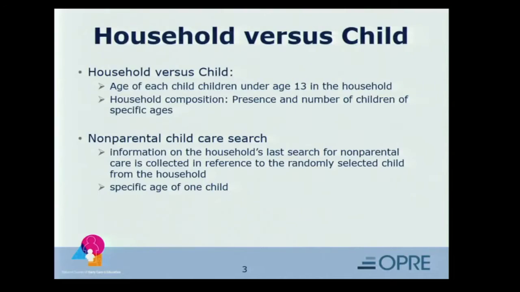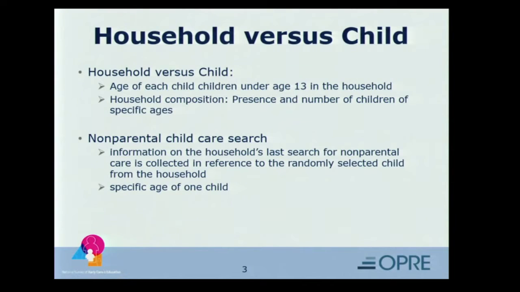The first survey is the household survey, and here we measured age of child in terms of years and months, not just years, for all children or each child under age 13 in the household. When we talk about age of child at the household level, we think of a characteristic of the household and